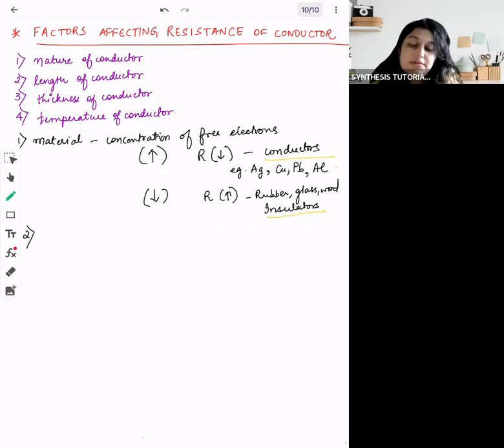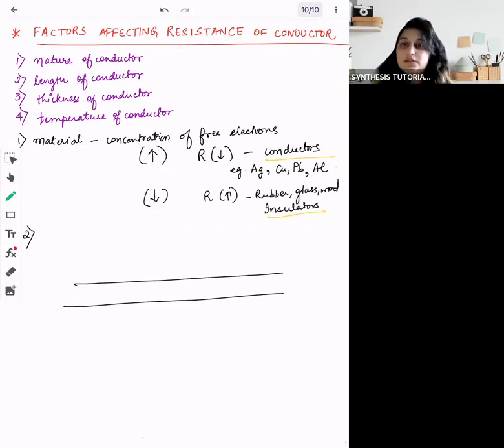Then moving on, because material basically means the availability of free electrons. Now, dependence on the length of the conductor. Basically the electrons are going through a conduit. Conduit means a roadway. They are taking the charge going from this end to this end. And let's say material doesn't matter now, because we will have to see each factor individually, guys.